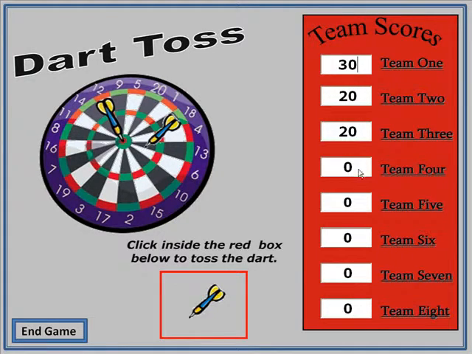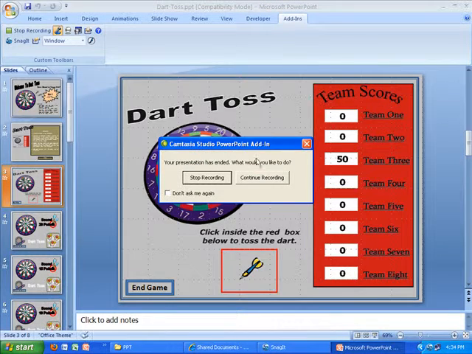Basically, again, you continue until you run out of questions. And then over in the lower left, you can click End Game. I advise that before you quit the game, you go in and you zero back out all the scores before you quit. If you do happen to forget and leave some scores in there, when you end the game, you'll notice that those scores